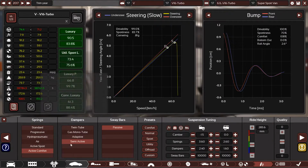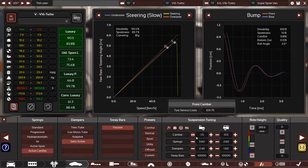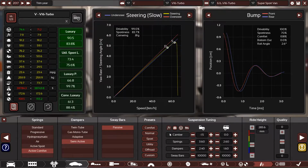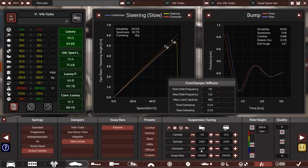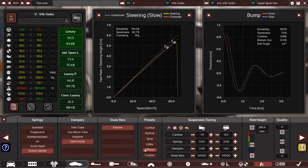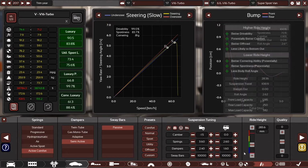Active comfort springs, semi-active dampers, passive sway bars. This is a very custom setup of suspension. Minus 1.5 degrees of camber in front, no camber at all in the rear. Spring stiffness are 360 in front, 260 in the rear. Dampers are 2.40 in the front, 1.60 in the rear, and the sway bars are maxed out, fully on stiff